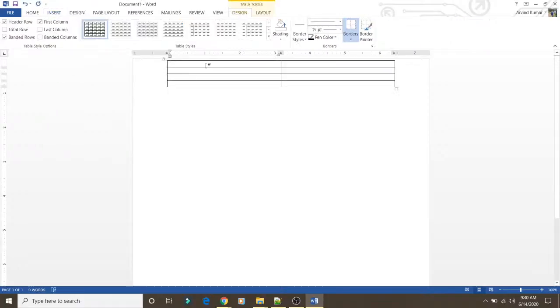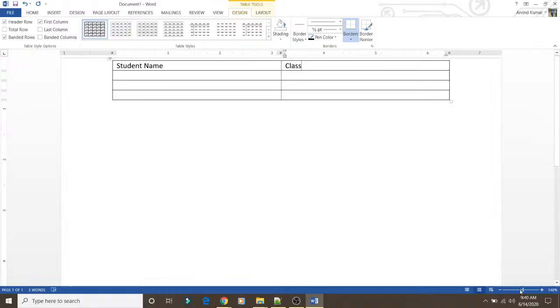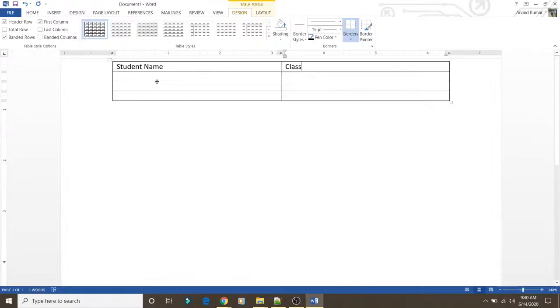Here we will have student name and we will mention their class. In this way we want to create a table. Suppose here we write Ram class 1, then Sham class 2, Radha 9.